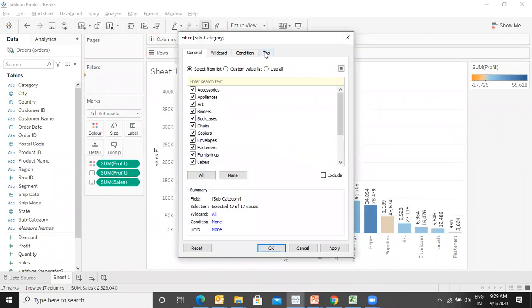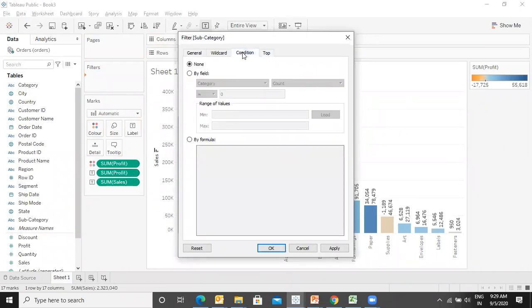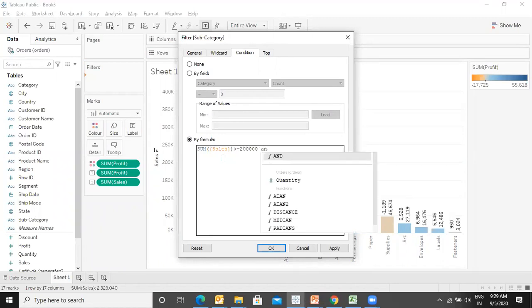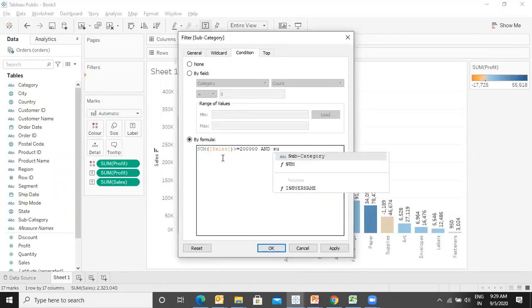Now let me put the subcategory in the filter. I will use condition. I will say by formula, where sum of sales is greater than or equal to 200,000 and sum of profit is greater than or equal to 20,000.